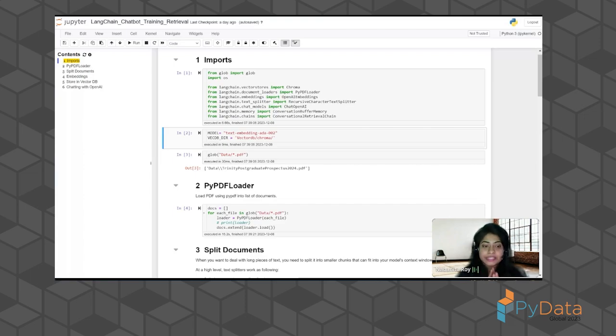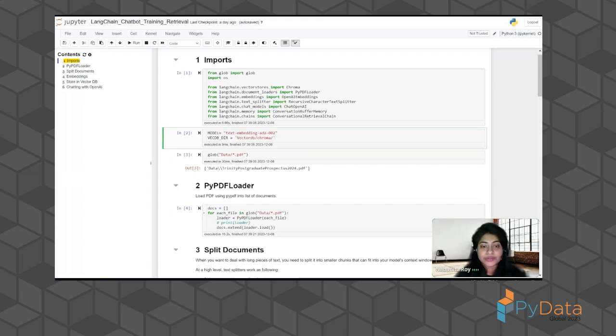What we will do is we have this data folder. I haven't provided any PDF data in the repository at all.